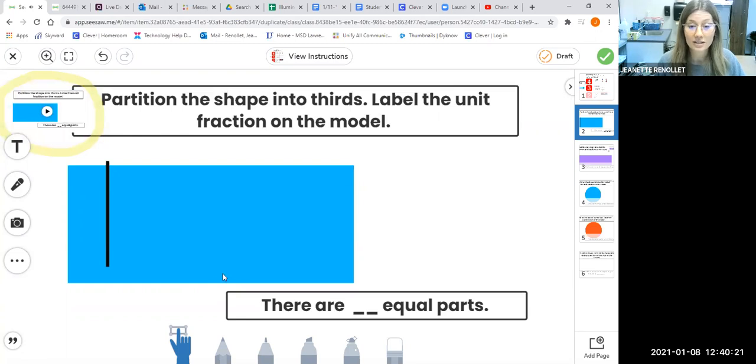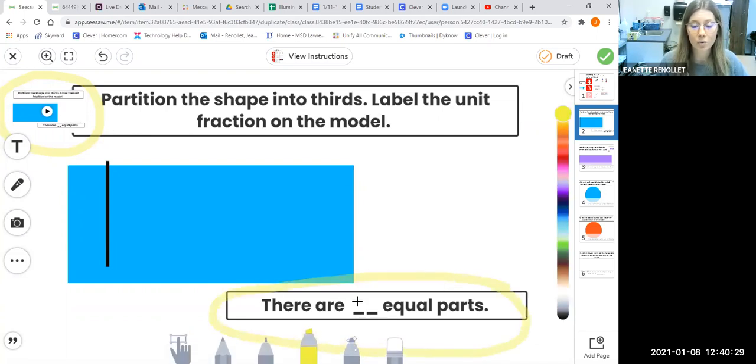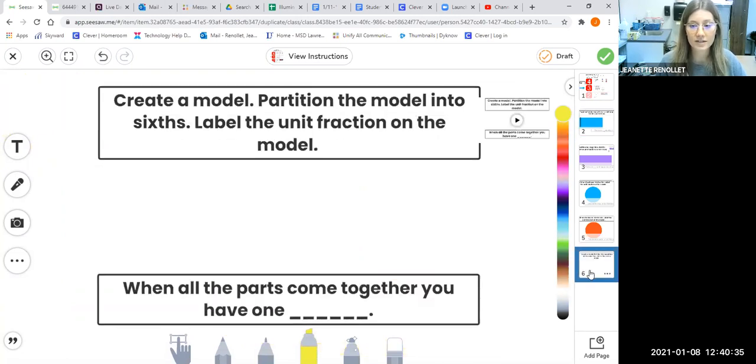So for each slide, you need to listen to the directions, you need to do the directions, and there is a question at the bottom or a sentence where you need to fill in the blank. You need to complete all of the slides down through number 6, and then you may push the green check